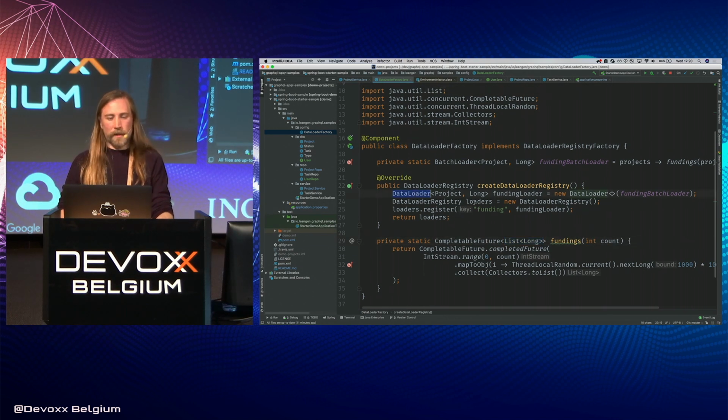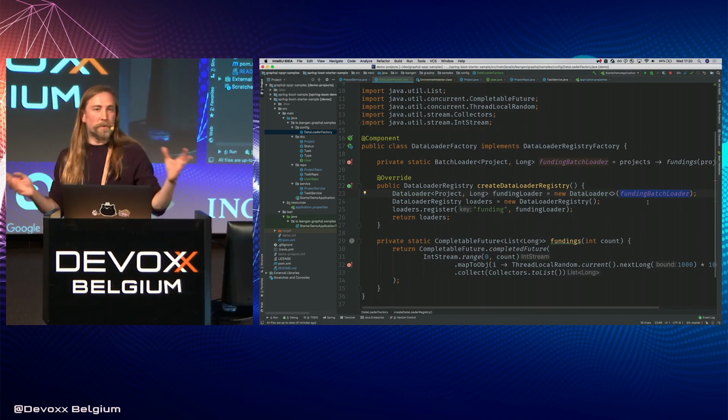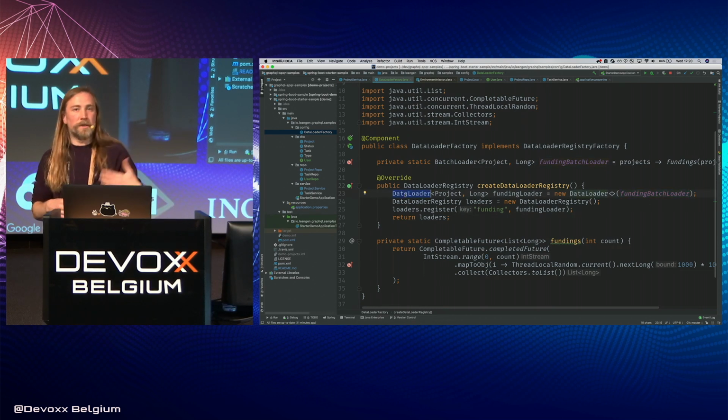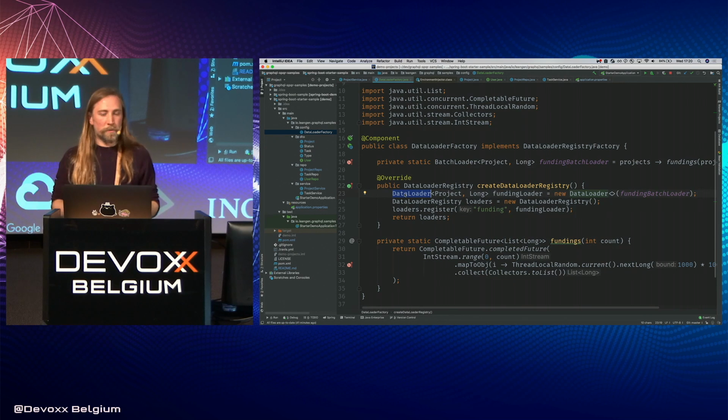You then create a data loader from the batch loader. So again, batch loader is stateless. It's just a simple thing that's shared between everyone. Whereas data loader is not, it's caching, it has state in it, so you have to be careful about